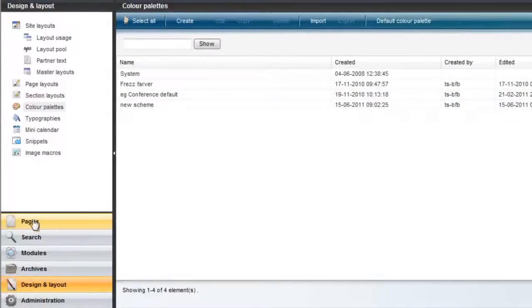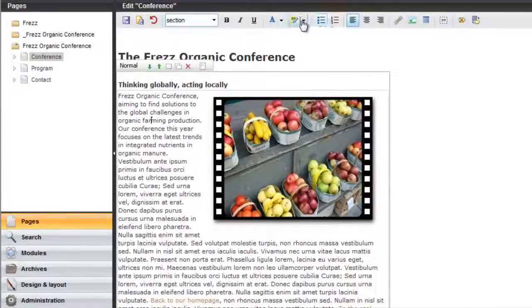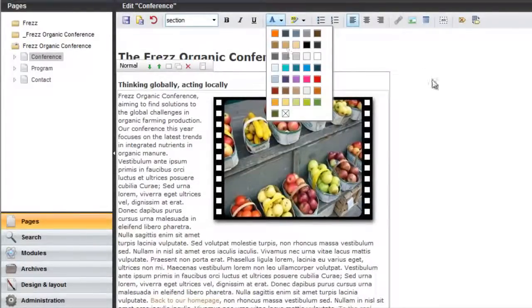In the context of page editing, module layouts, and page layouts, you'll inherit the color scheme that is defined in the active site layout. And if you want to use another color scheme in these contexts, you'll change it up in your site design. So if I have a given page here that I want to edit, we can see that it uses the color scheme defined in the site layout. To change it, I just need to find the site layout in use and change the active color scheme.